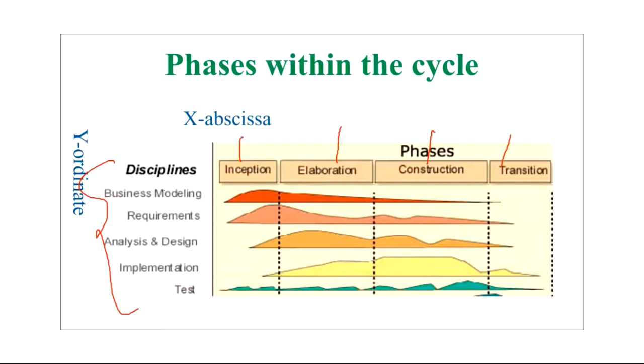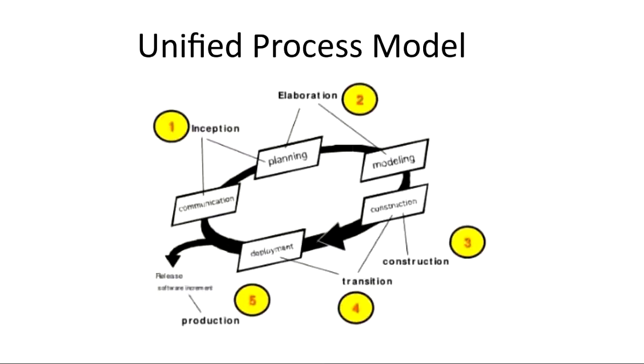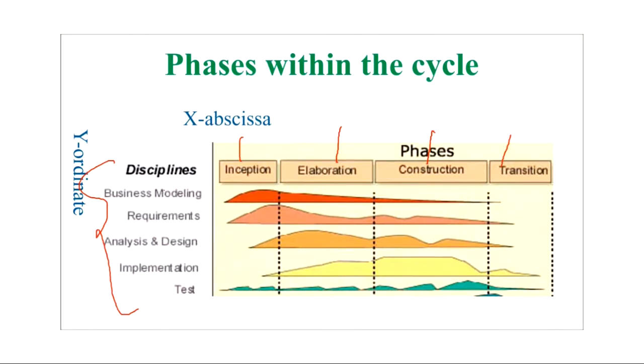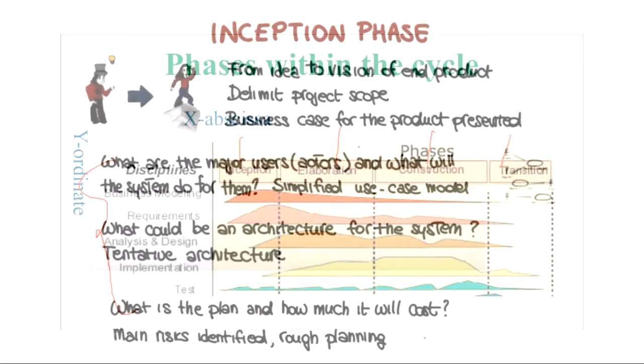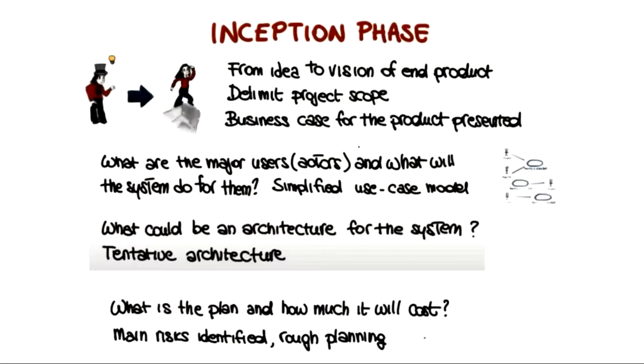So why have I given you this in written? Because if someone asks you about the Rational Unified model and you have drawn this diagram and this chart, and suppose it is a 20 marker question or a 10 or 15 marker question, then you will not just draw this diagram, you need some points to write. That's why I've given you these points in written. Rest assured, whatever you have understood, the same thing you are going to write, but just to give you some content to write, I've given this in detail.